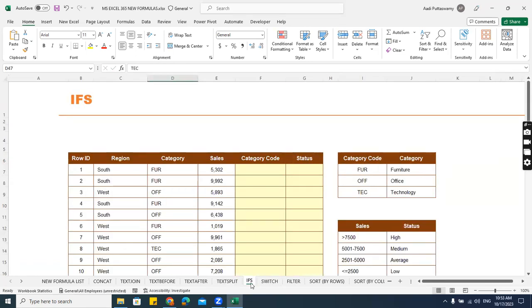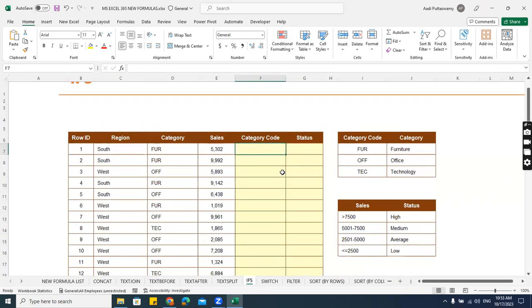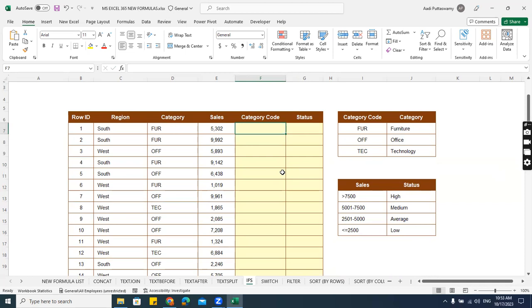You've already done ifs, but still I'll explain again. Conditional statements. If condition: if this value is greater than 5,000, it should be high. Otherwise, it should be low. Suppose you want multiple conditions, then we used to say if, again if, and it goes on like this. We used to call it nested if. Understood? If inside if. But imagine if you keep adding ifs, what happens? It is more confusing. Instead,